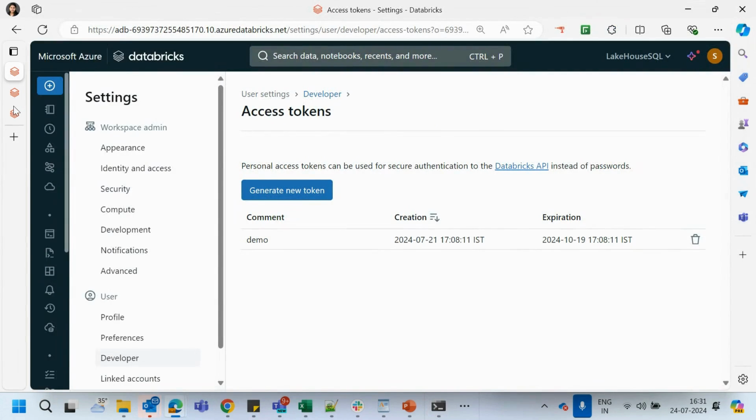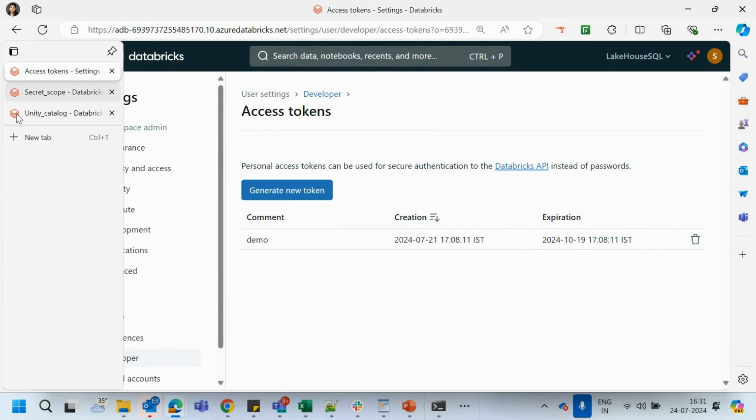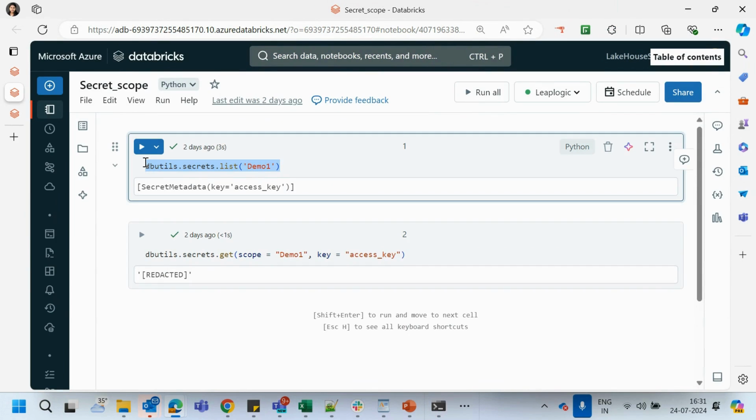Let me go back to my notebook of secret scope. This is the dbutils command that you have to use. I will use the demo that I created just now, and I will see what key name the secret scope demo has. Whenever you want to use your secret scope, you have to use the secret scope name along with the key name.